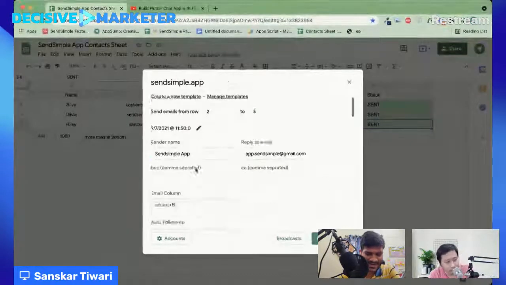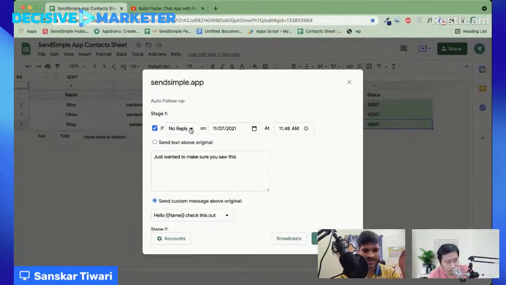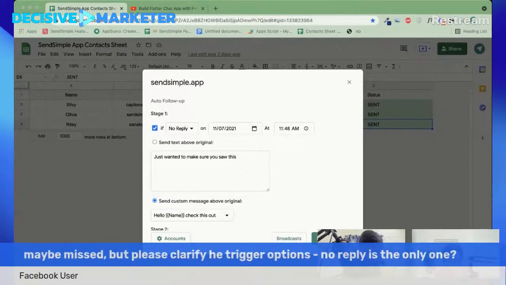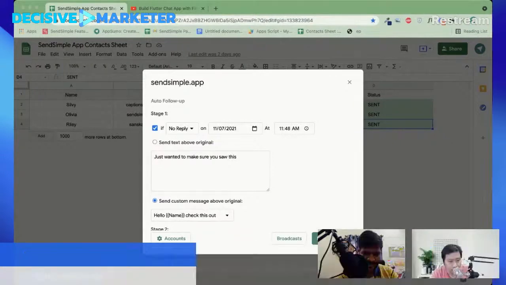Yeah, actually, as I said, we are already working on two things. The first is on row added, where we will send a particular fixed email, or we will have a campaign option. And second is this option in auto follow up, the condition of following up. So right now we only have the option of no reply. We will be adding things like no link click, so that is something we will be working on. And if anyone has any other recommendation, we will be adding that as well.